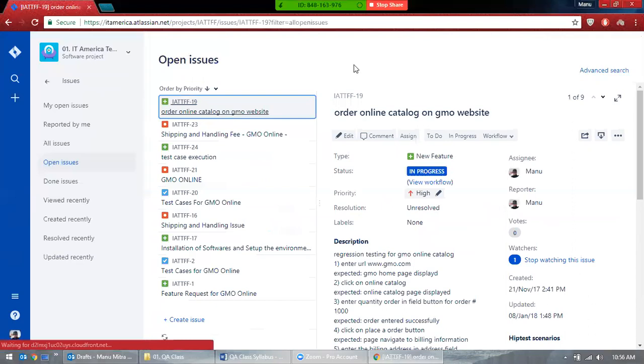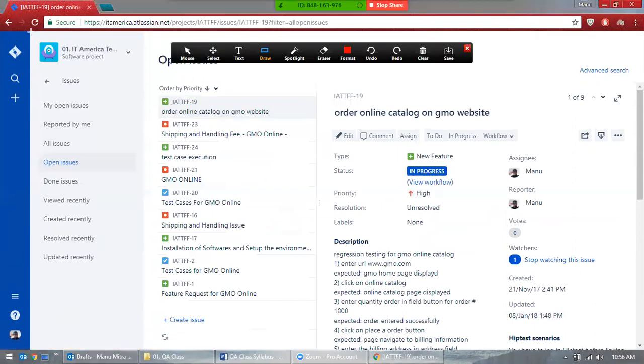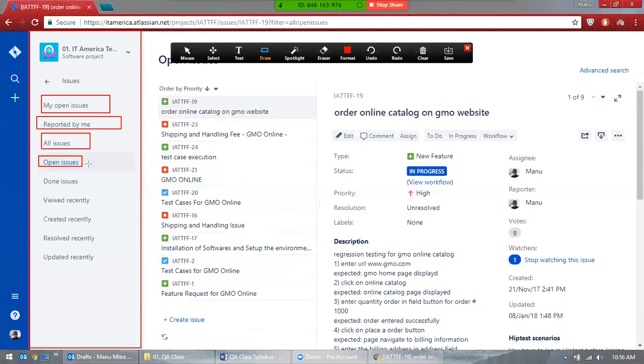The only option remaining here, they have changed a lot of things, is to create an issue. Before going to that, let's see how this is laid out. These are divided into sidebars. Let's say this is the left sidebar. The left sidebar contains information about what the issues are, what is completed, what is not completed, who resolved them, and so on. All this information is on the left sidebar. And then you have